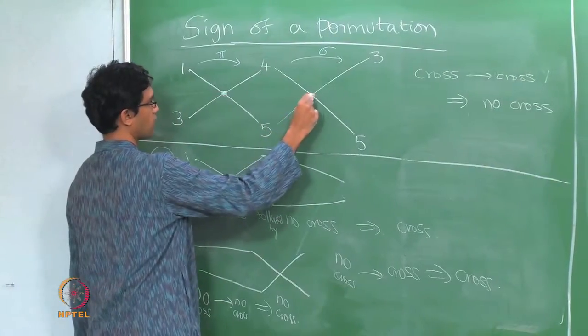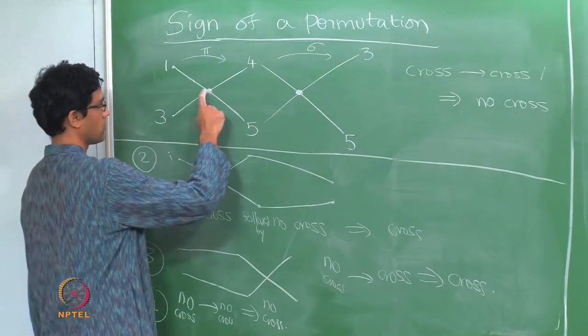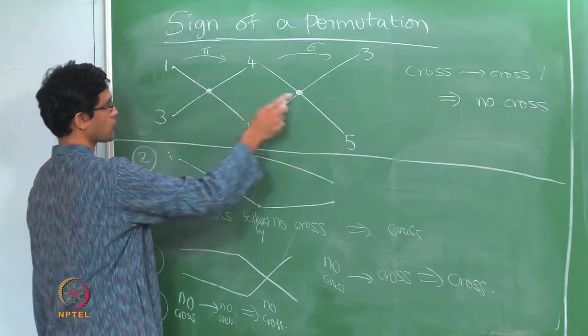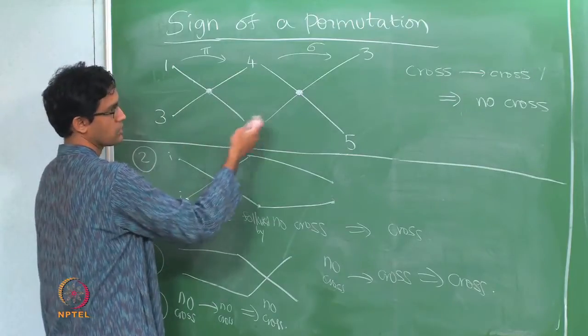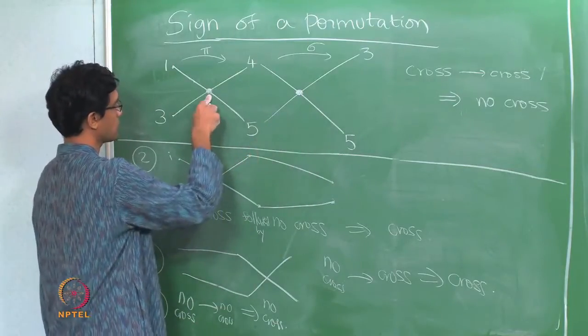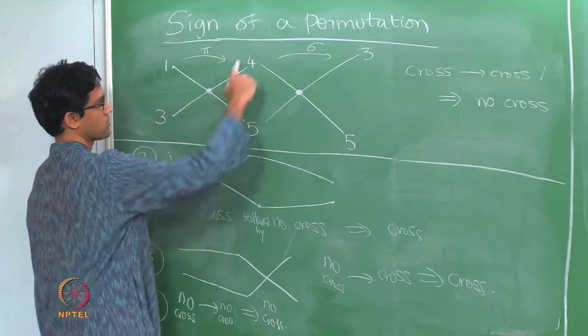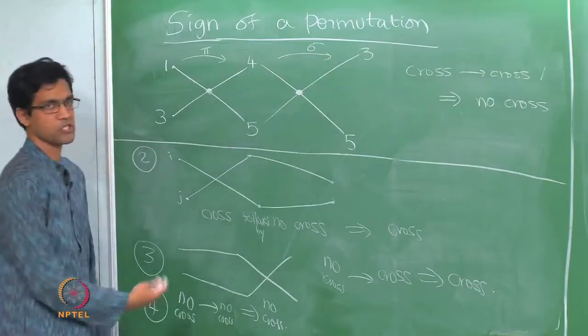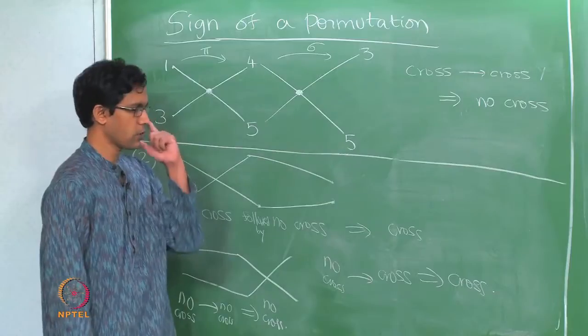This one here would contribute when you count the crossings of sigma, but when you compose them, these two cancel out the effect of each other, so they give you no crossings. So what that formula is doing is really counting this as a 1, counting this as a 1, but then subtracting 2 times such double crossings or successive crossings. So what you get is that formula there.